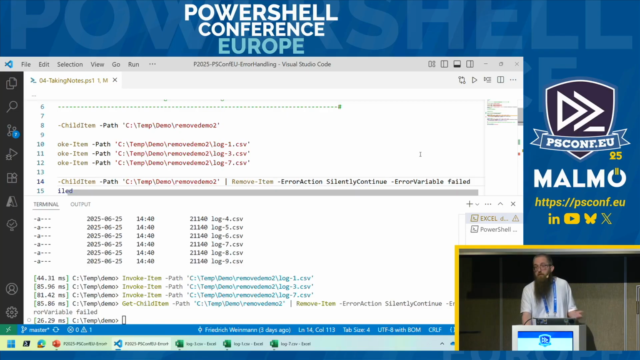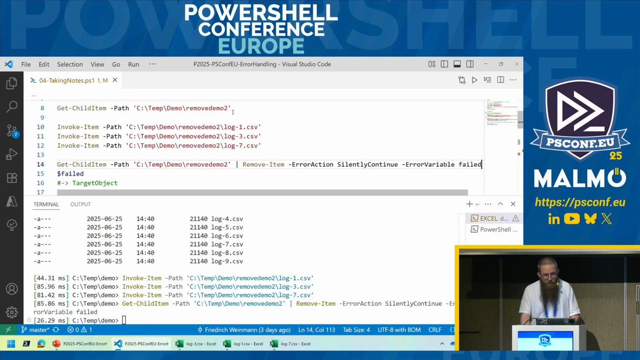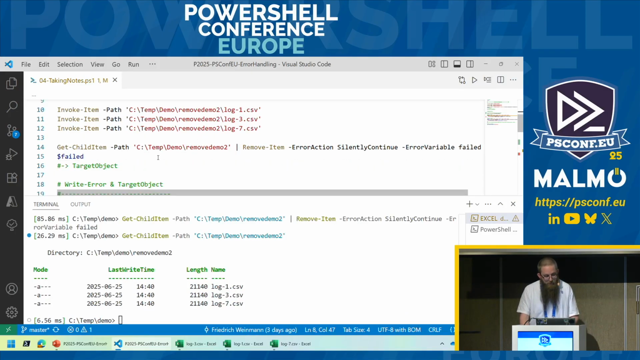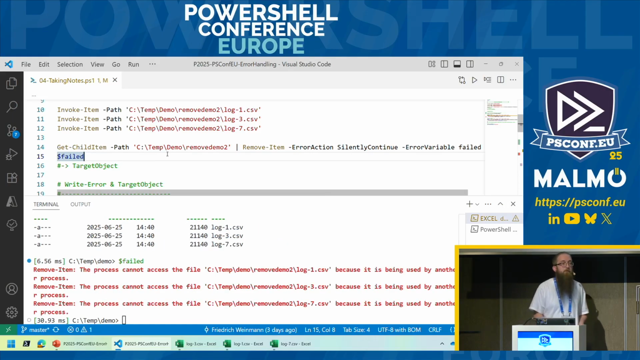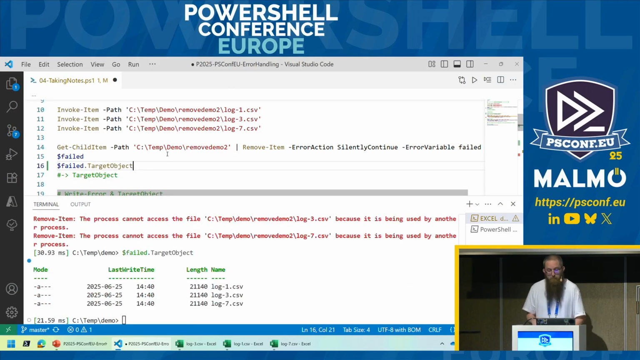So, some things failed, of course. If we take a look at the files, only the 3 files that are opened remain. And in our variable, there are now the 3 error records that it did not print on screen. And here's the next fun part about all of these error records. They have a property called target object. So with that, we can actually figure out against what object it did not work, and can then process that programmatically,